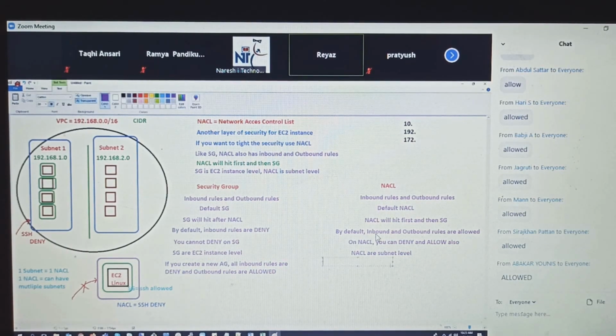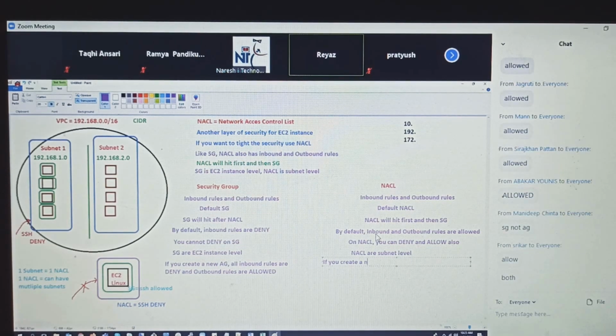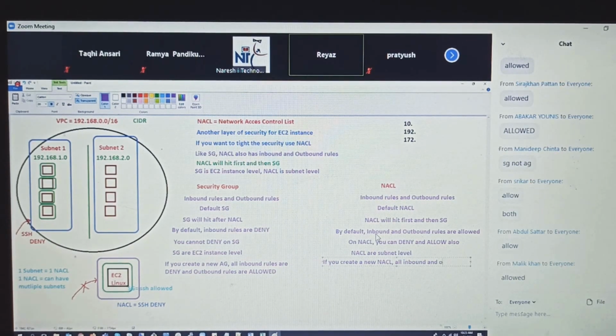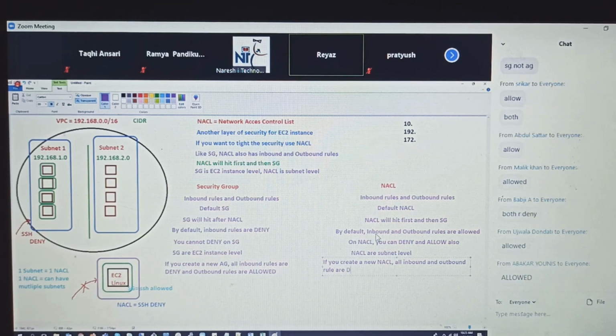So how about here? If you create a new NACL, guys, think and tell me. If you create a new NACL, all inbound and outbound rules are... excellent. Guys, if you create a new one,